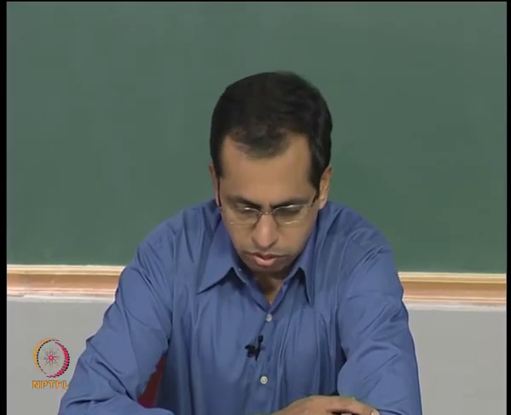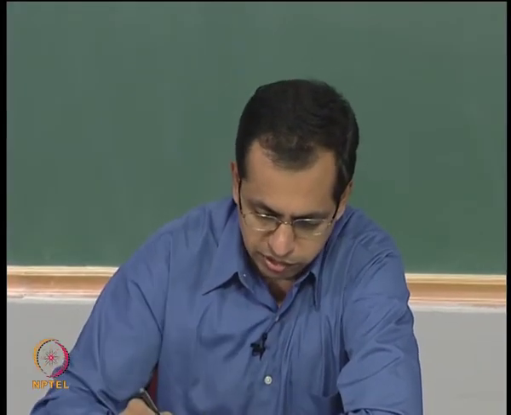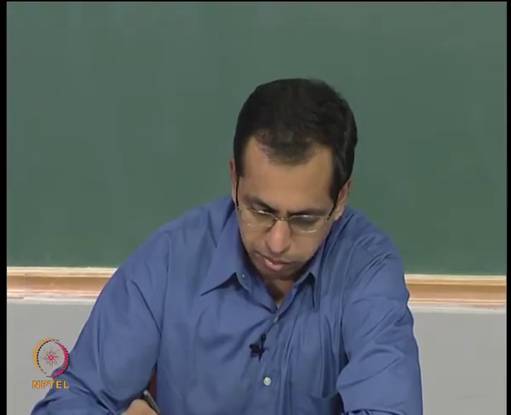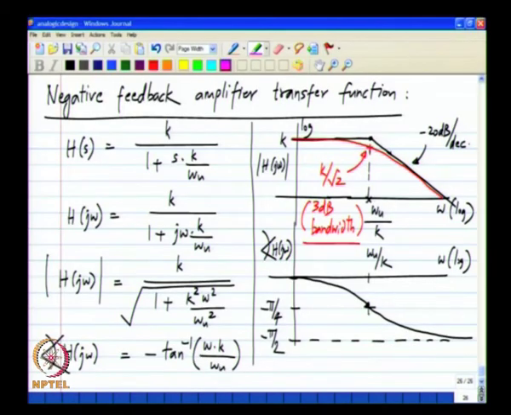Now, when you are drawing Bode plots, we usually do not make such distinctions between 0 dB and 3 dB attenuation, and we show it by straight lines which are asymptotic to it. So, in a Bode plot you do not necessarily have to show this 3 dB, but you have to recognize that at the pole frequency there is a 3 dB reduction in the gain compared to at very low frequencies. Now, as for phase, at low frequencies the phase lag is small, and then it increases to pi by 4 at omega u by k, and it increases to pi by 2 at very high frequencies.